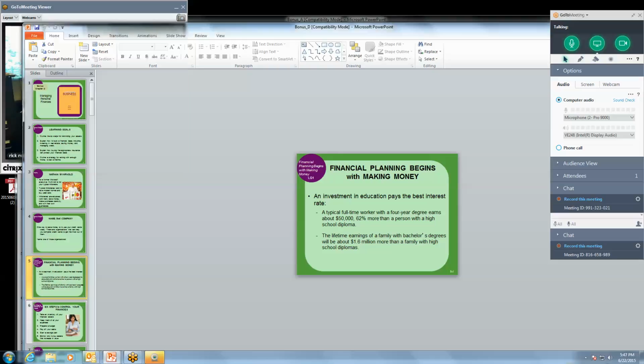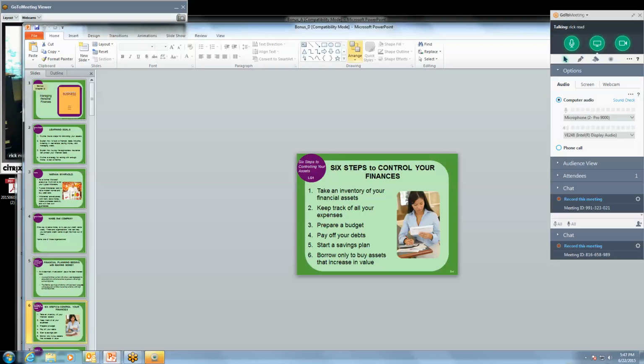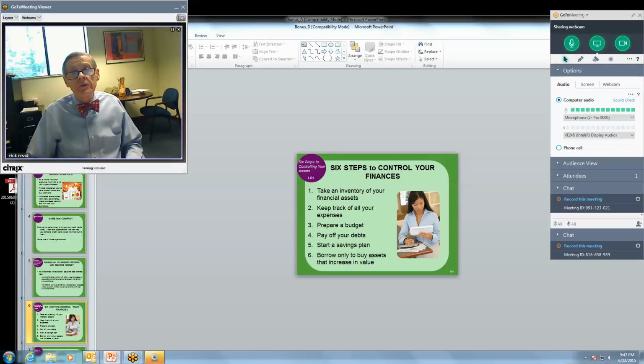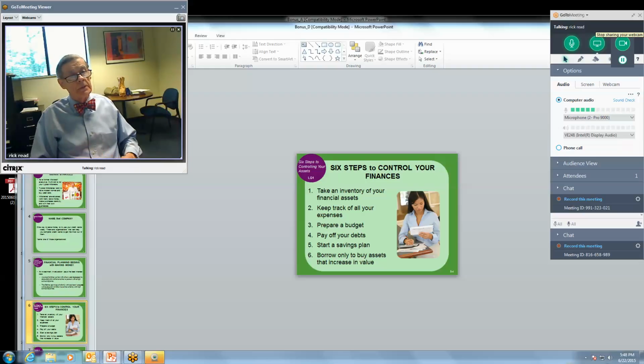All right, we have to take control of our finances. So the first thing to do is make a listing of what we have. And remember, everything that's an asset is not always in liquid form, cash or coin, or folding money. Know how much money you spend. It's very critical to understand that. And it's how much money you spend in a given time. So most of us work on a monthly budget.